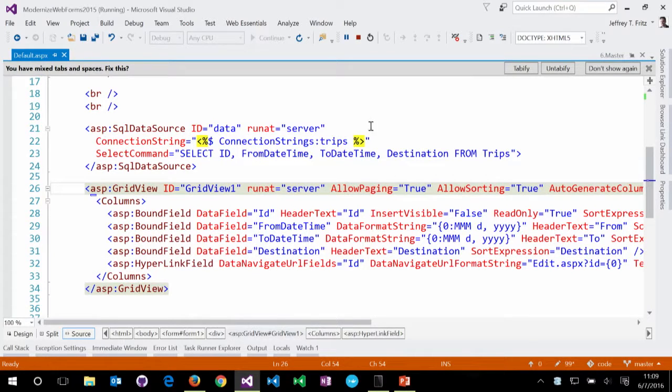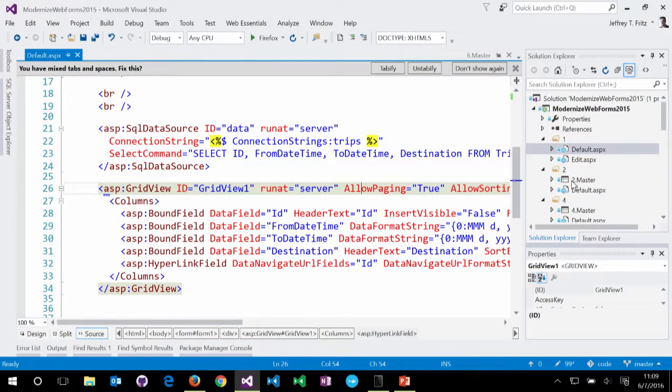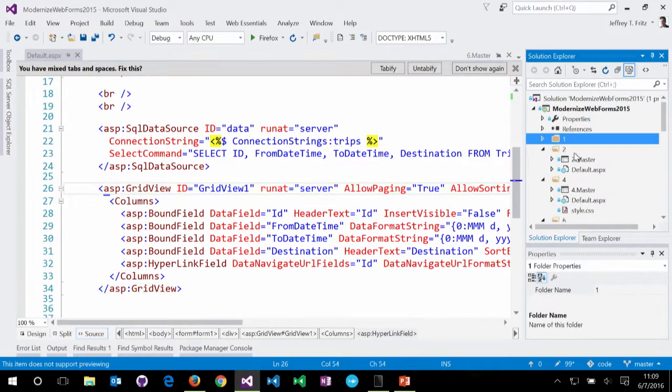But nothing really exciting here yet. Let me go over to some steps that I want to do to make this feel a little bit more like something that was built in the last 2 or 3 years. So the second demo I have here, conveniently in a folder named 2,